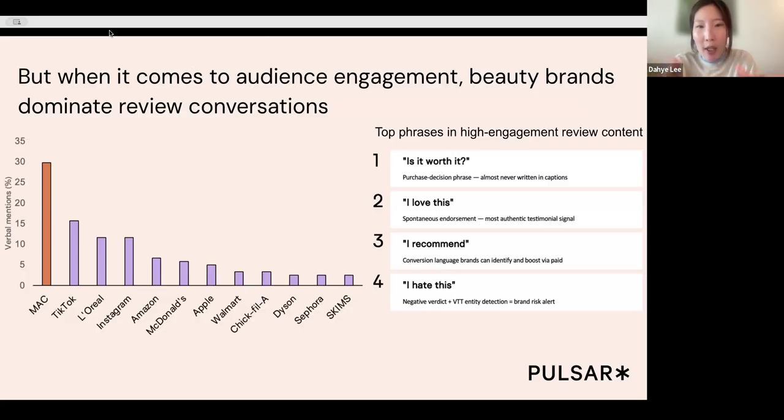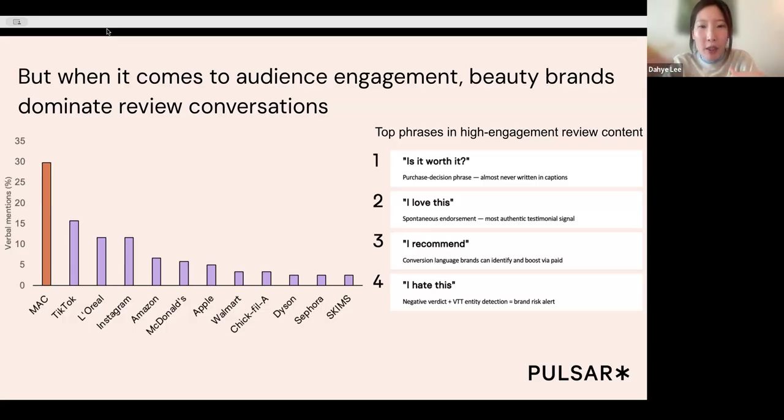Straight away you can see beauty is literally taking over. You will also notice platforms like TikTok and Instagram ranking pretty high. That makes sense. Creators reference the platforms themselves all the time, and realistically, this is where most of these reviews are happening. We are even seeing reviewing other reviews becoming a format in its own right, which is really interesting.